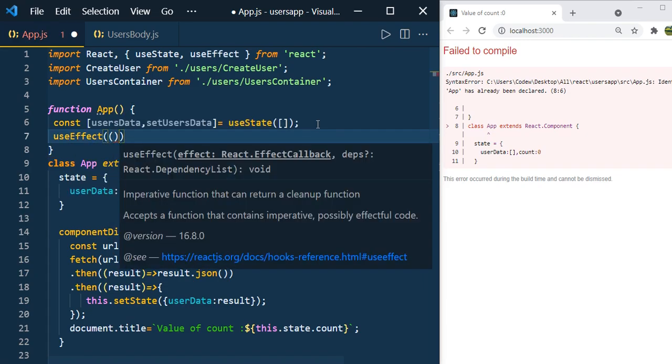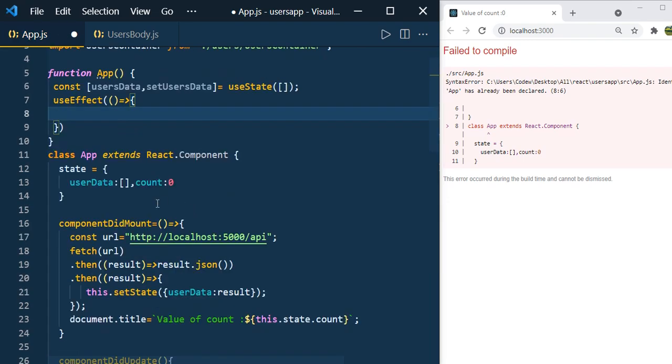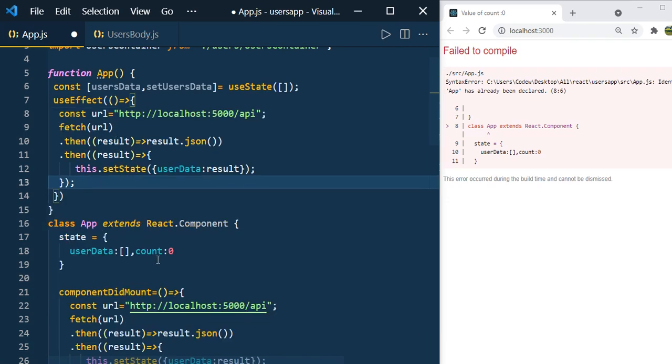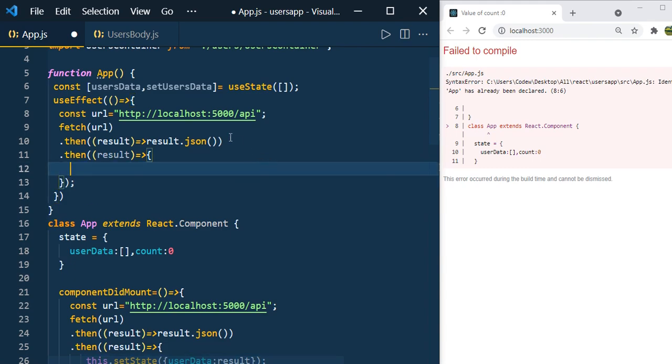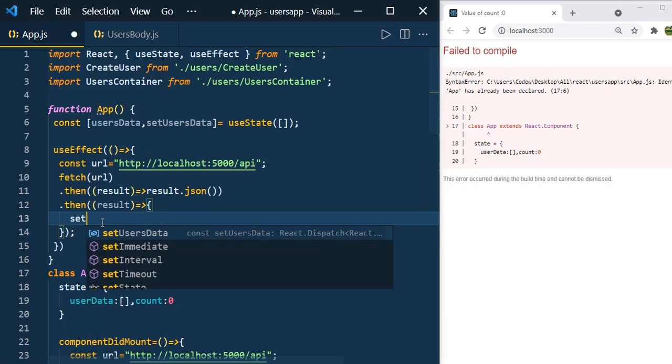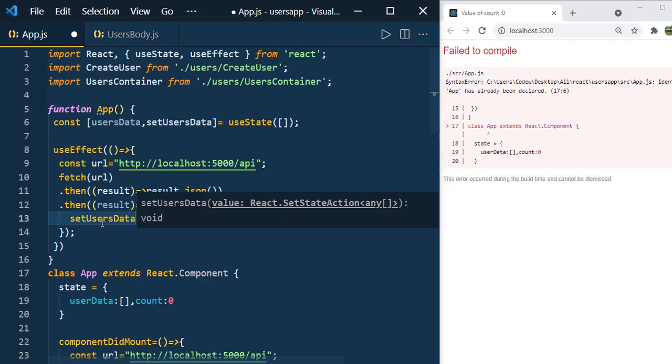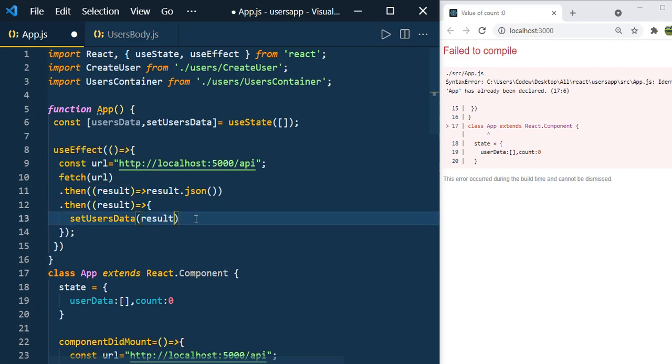The first parameter is a callback function, and in this callback function I am going to paste this code with Ctrl+C. Here we don't have the this.setState method, so instead we just need to call setUsersData, and the result we are going to push to the users data.